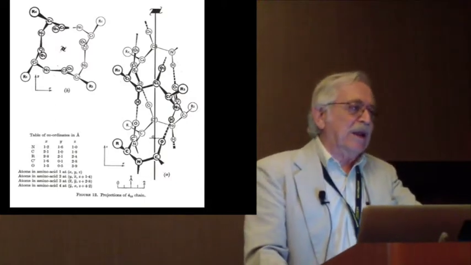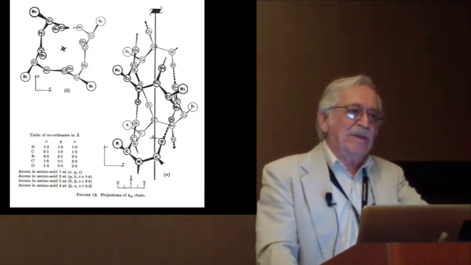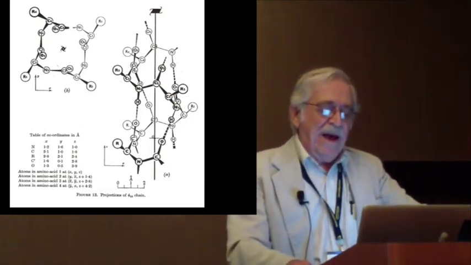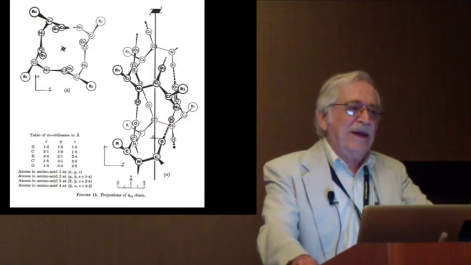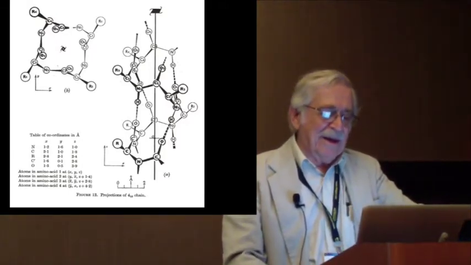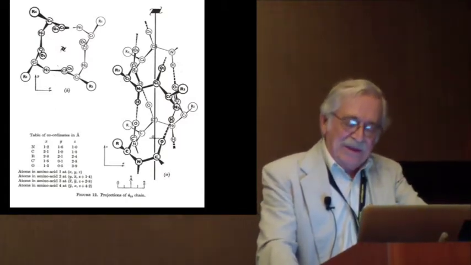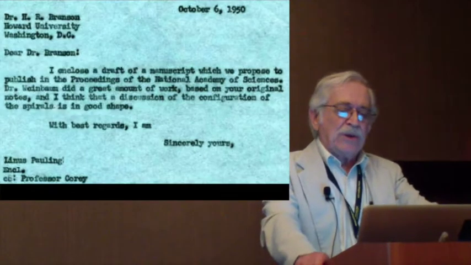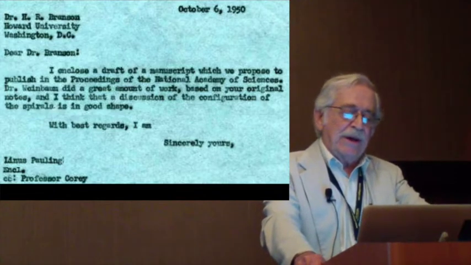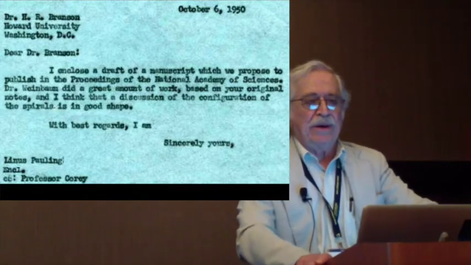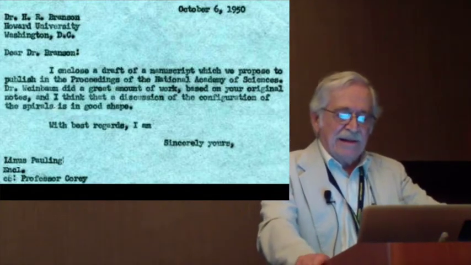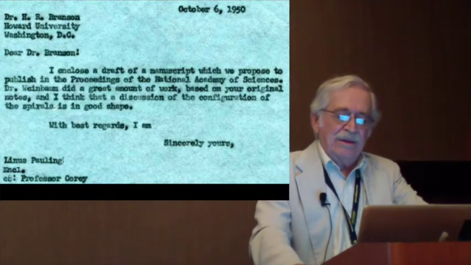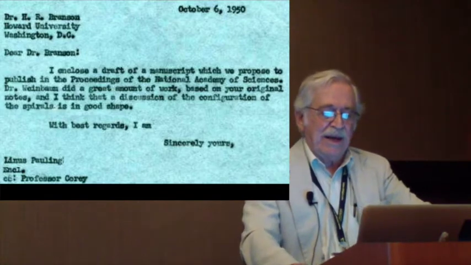But in any case, when Pauling saw this miserable and rather monumental effort from Bragg, he must have gloated. It was obviously time to publish Branson's results. On October 6th, 1950, about a year and a half after Branson had left Caltech, he wrote to Branson, including a draft of a manuscript that he proposed to publish in the PNAS, and